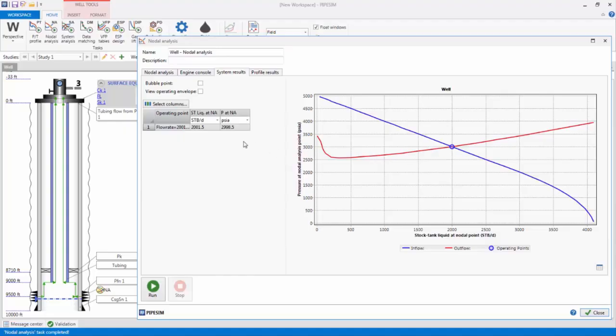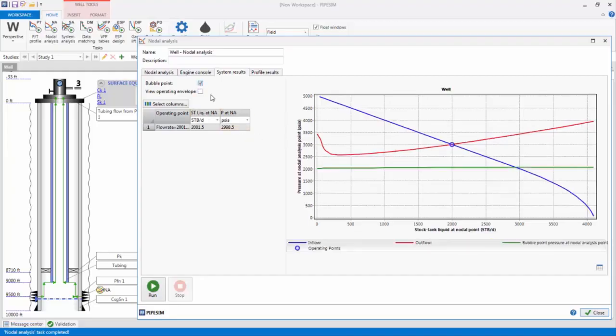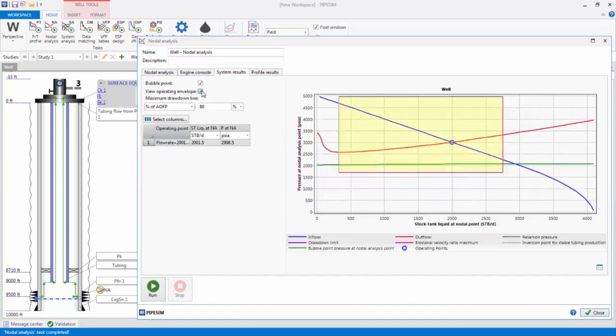The operating point of approximately 2,000 standard barrels per day and 3,000 psi is the solution of the task, and is the flow rate the well would produce and the flowing pressure at the bottom hole nodal analysis point that corresponds to that flow rate. I can also check a box to display the bubble point, as well as the operating envelope for the well, which is bounded by the maximum erosional velocity ratio, user-specified maximum drawdown limit, reservoir pressure, and the inversion point for